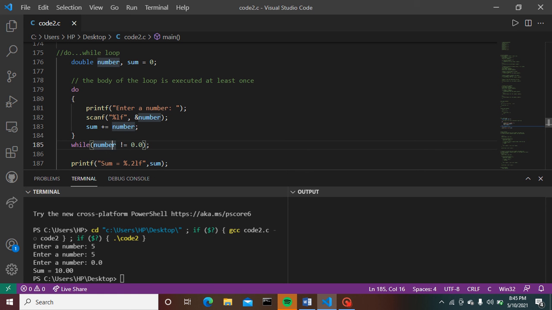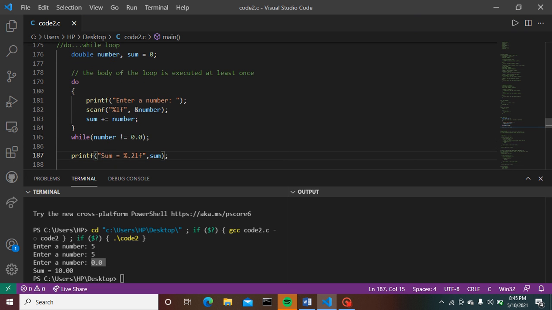The loop continues until we provide an input of 0.0, which makes the while condition false, so that the sum accumulated in the do loop is given as the output. Here is how the do while loop works.